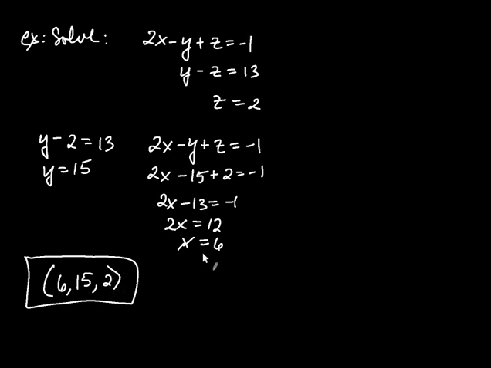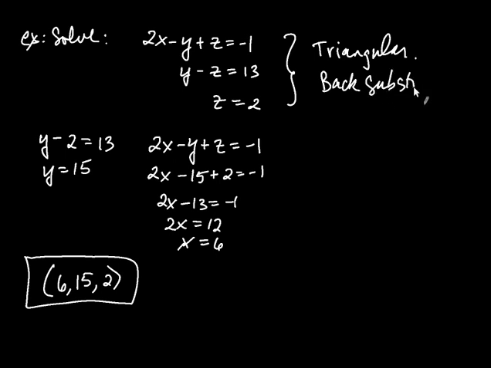Now, the question is, looking at this one was easy because it had a certain form. That is, the first equation had 3 variables, the second one only had 2, and the last one had 1. So this equation was missing an x, and this equation was missing both an x and a y. That form we call triangular. And you can see why. It has a triangular form. And when it's triangular, all you have to do is back substitute, like we did. Back substitute simply means that you substitute the values back into the previous equation